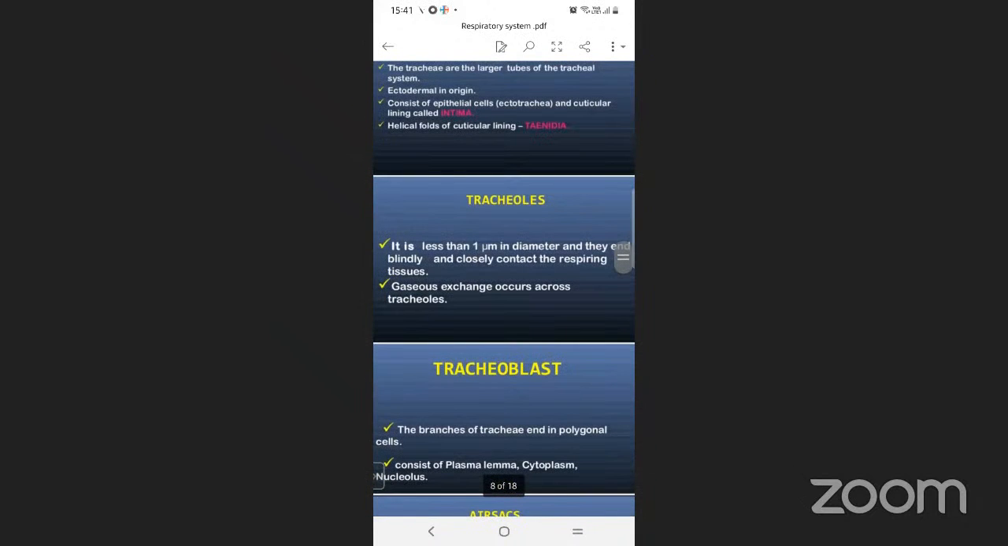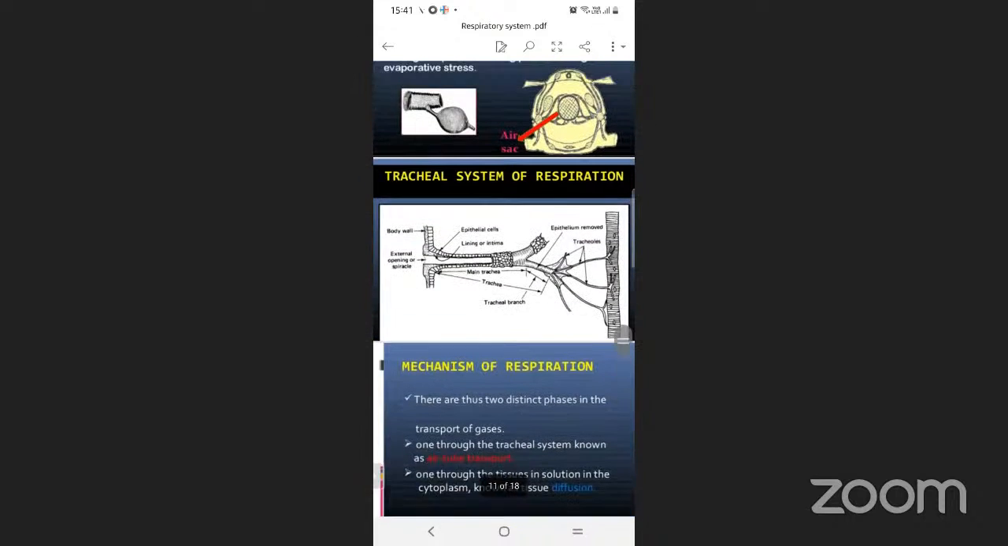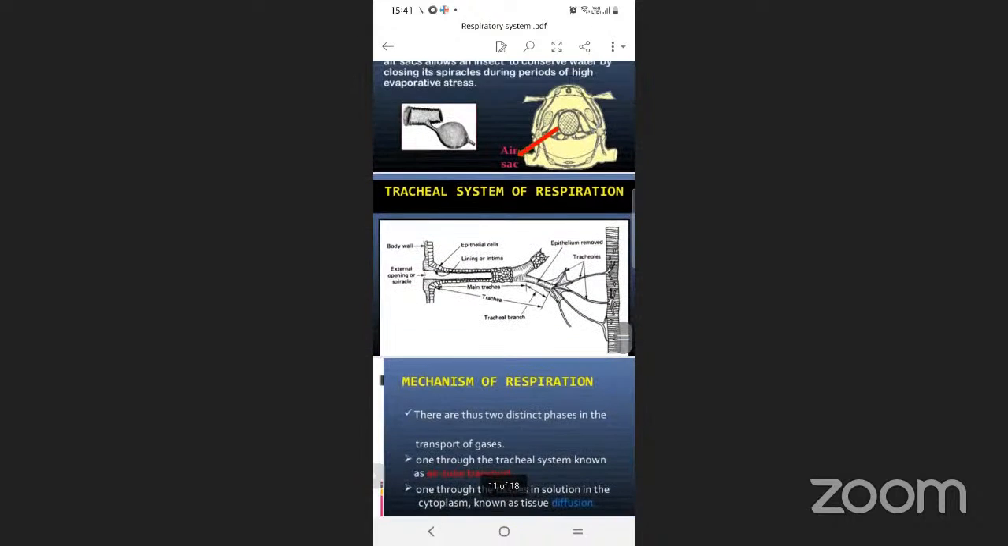Tracheoles. Which one are you asking? Ma'am, after the body wall, there is a lining, isn't there? The lining is the tracheal tube. The tracheal tube has its own